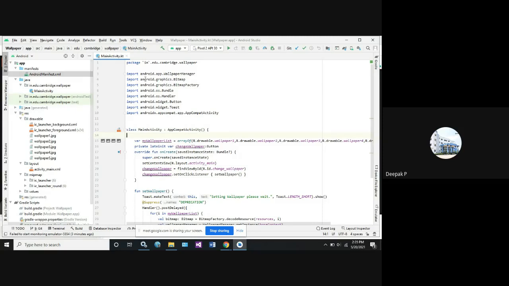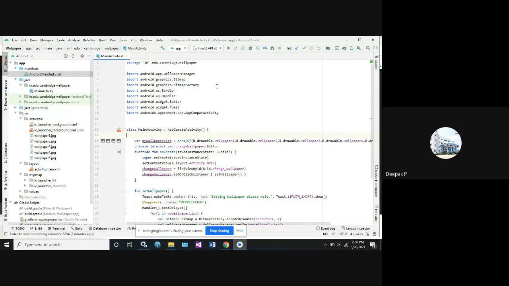So at that time, you can go for import android.graphics.Bitmap. Why Bitmap will be used means because the pixels of the wallpaper will be made in bits format. Based on the X, Y, and Z pixels, usually we'll write it as black and white pixels, and that will be converted to different colors.